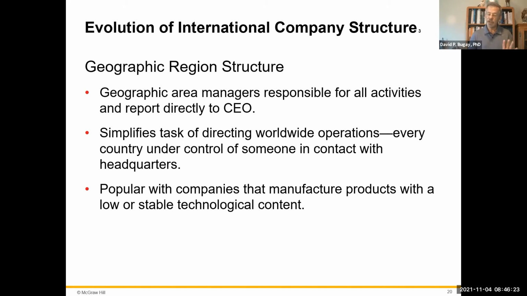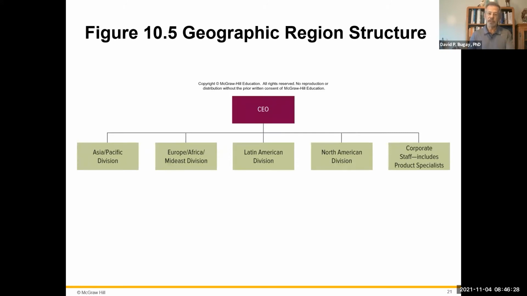But geography is a very common way of having a geographic region structure because of the way it's set up. Here's an example of it: Asia Pacific, Europe, Africa, Latin America. You may just have general geographic pieces of territory or physical land masses that you're in charge of, like the continent of Africa. Well, it sounds pretty cool, except you have three stores down in South Africa, one in Egypt, one in Saudi. So you have different aspects like that when you focus in on what that really means when you talk about a whole continent, or it could be over here, like for instance, the Europe-Africa division.